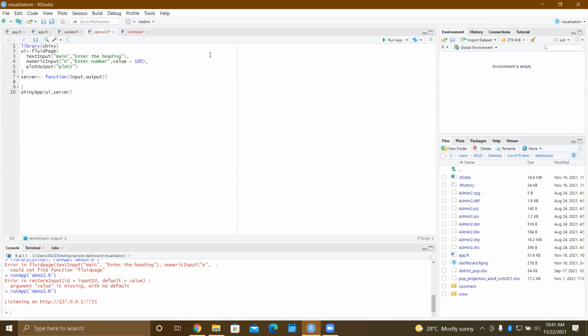So output$plot1 means what output I want to render in the plot1 allocation. I've given the label and input ID here.